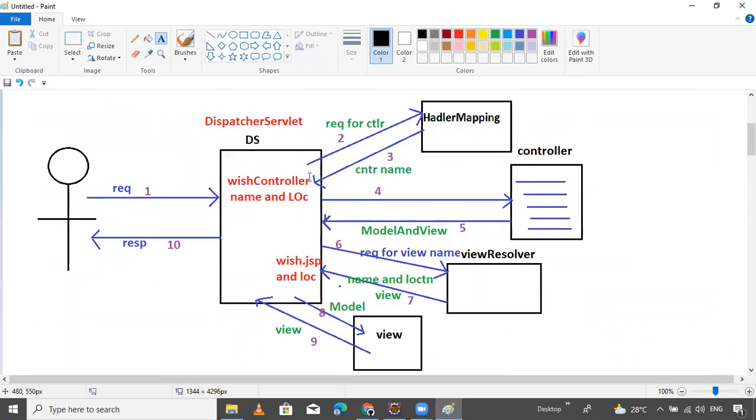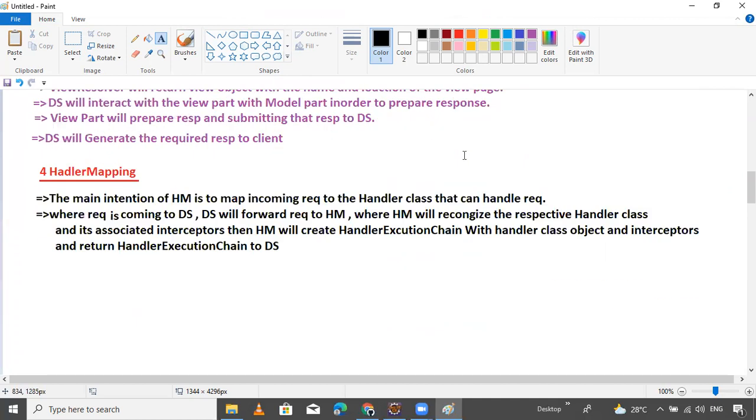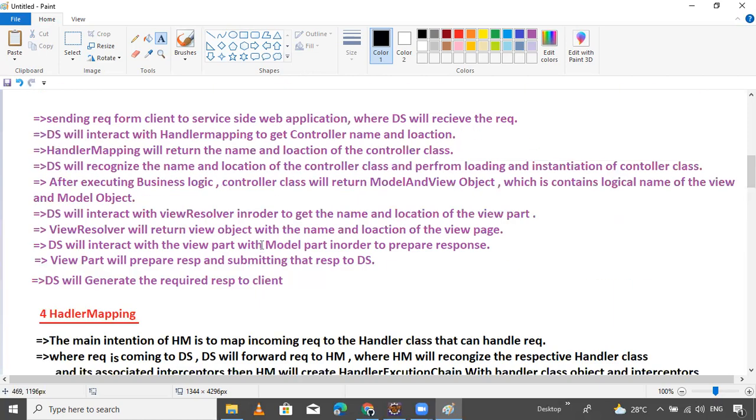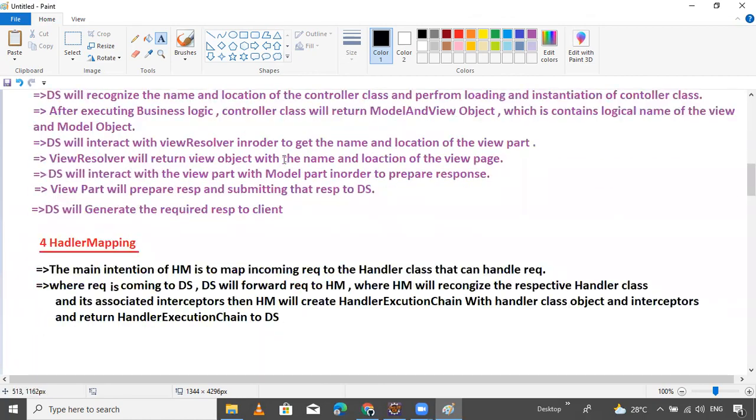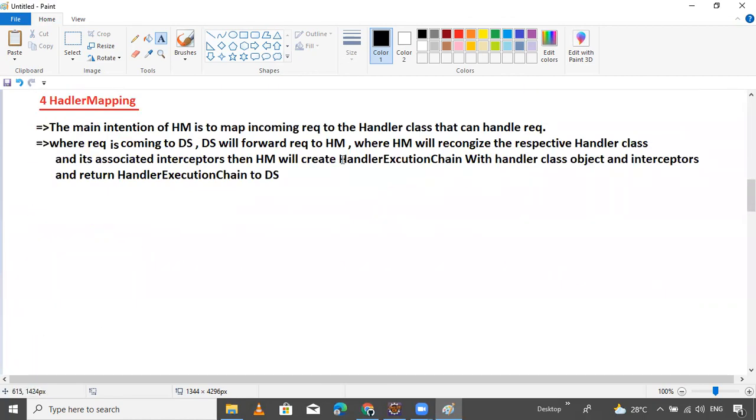When the request comes into the dispatcher servlet, it will forward it to the handler mapping. The handler mapping recognizes the respective handler class and associated interceptors. This is the total dispatcher servlet flow. Guys, write that statement.